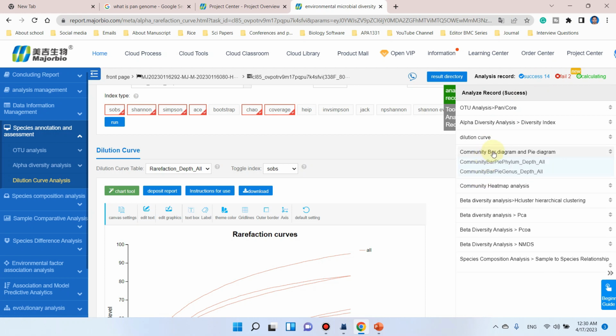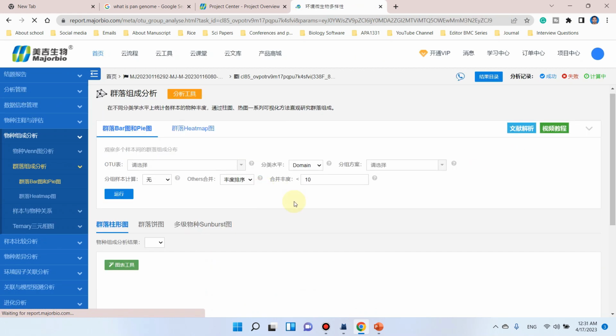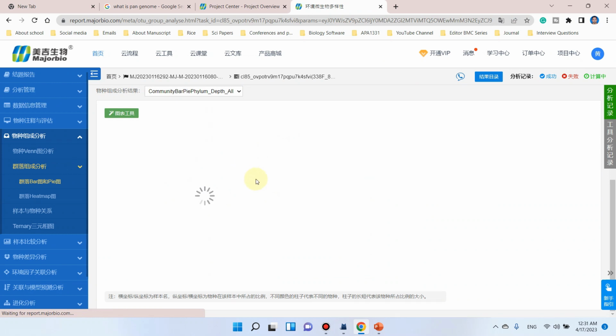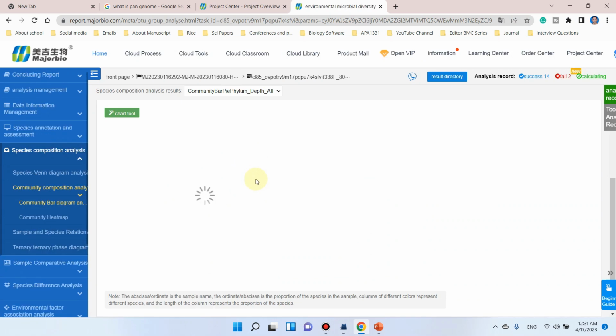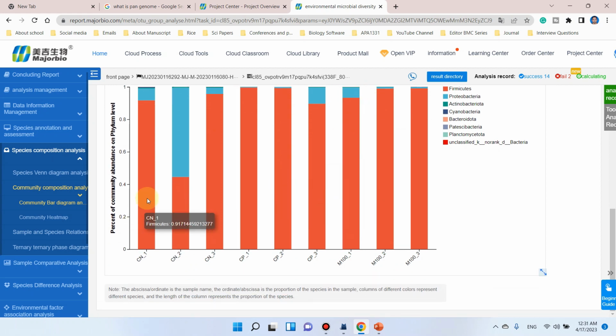So you can see here our community bar diagram and pie diagram is divided at two levels. One is at the phylum level and one is at the genus level. So if we click on this community bar pie at phylum level, you can see that our results are updating. So here you can see our community bar plot analysis is now loaded,